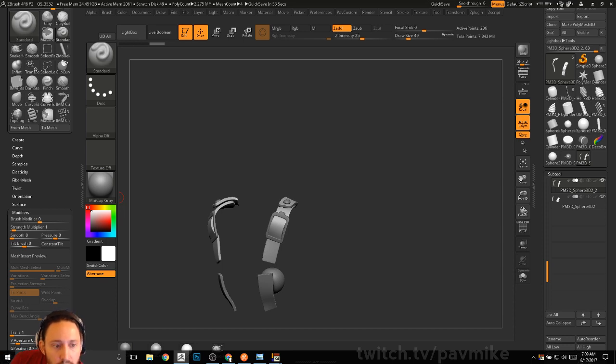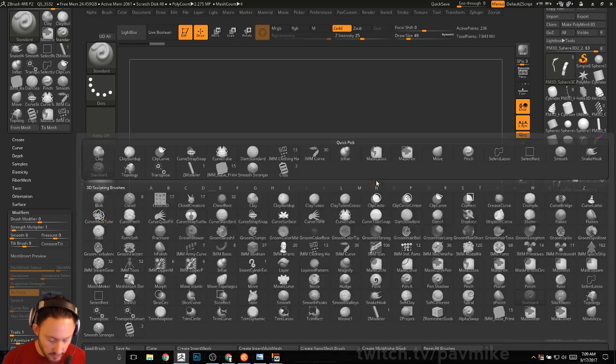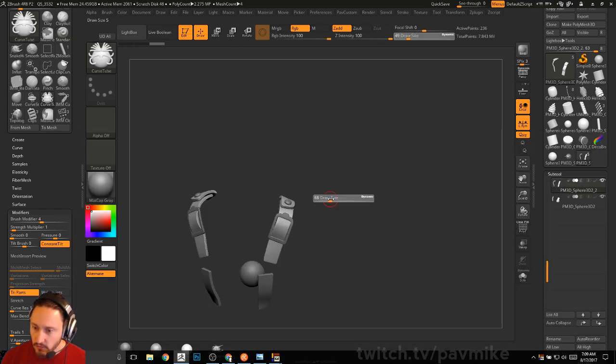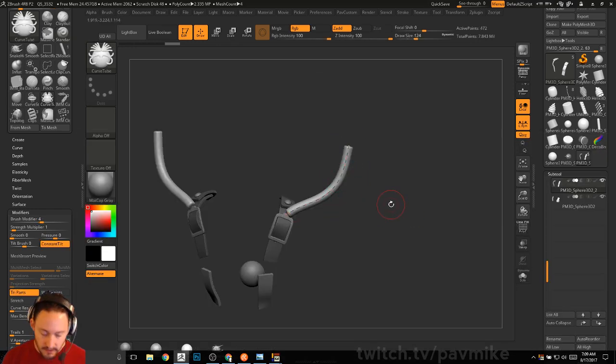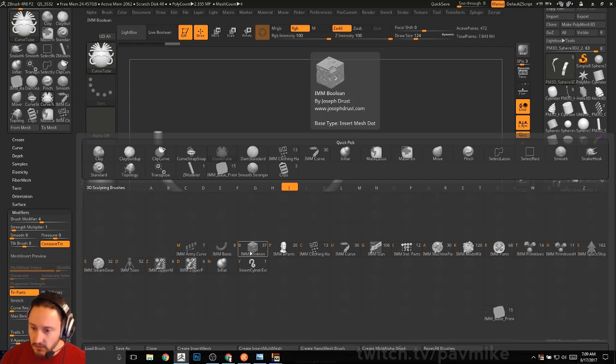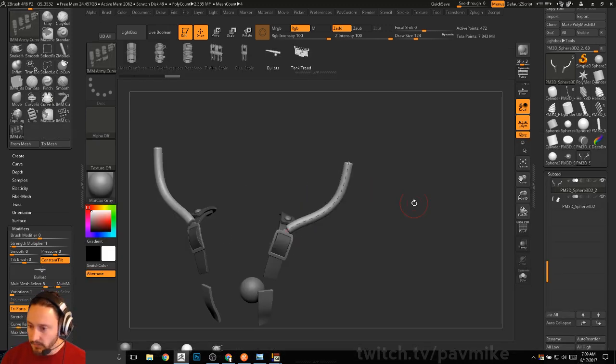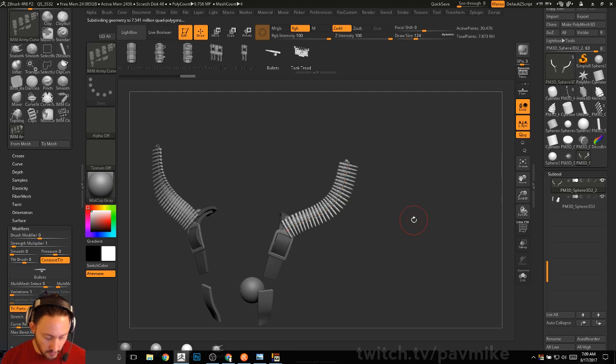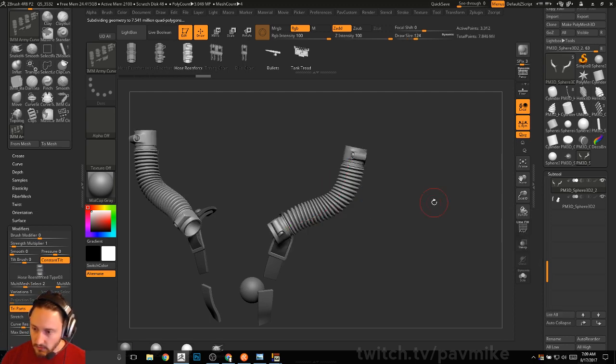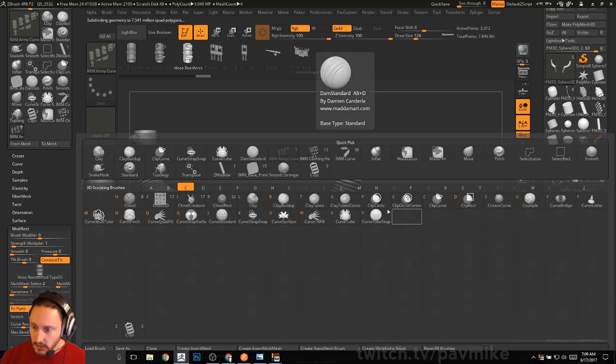You can't edit the curve after it's applied. No, after it's been applied, you lose that curve functionality. But while it's a live curve, you can go in here and you can go like brush curve tube. And you can just drag out a curve. As long as anything's got a curve, you can then go to like brush insert army and then make it into bullets. Or you can go into, make it a hose, or you can go into and make it,